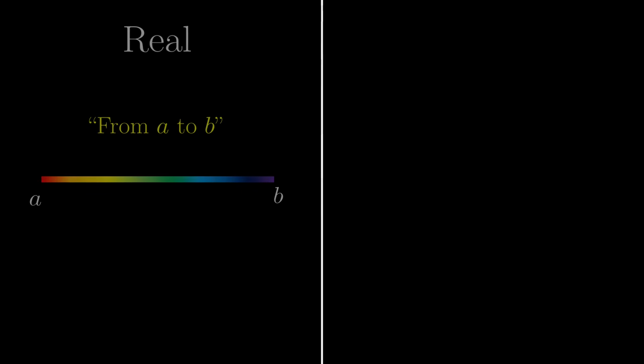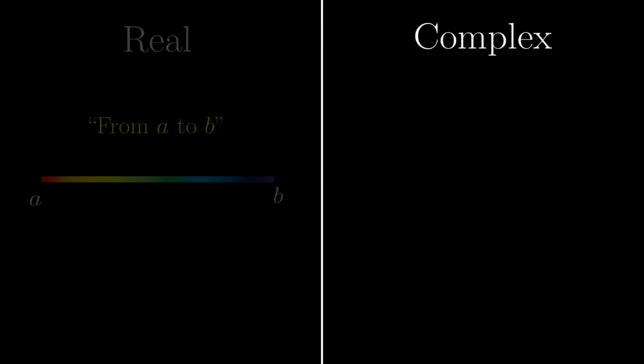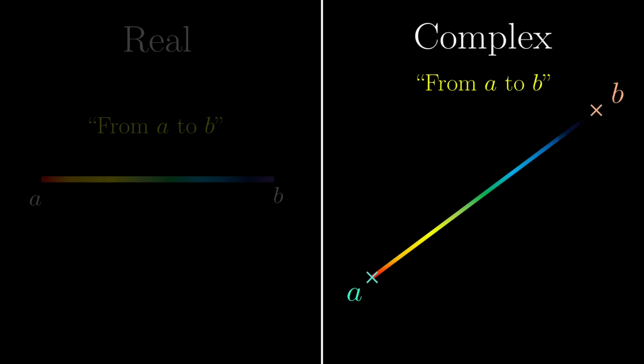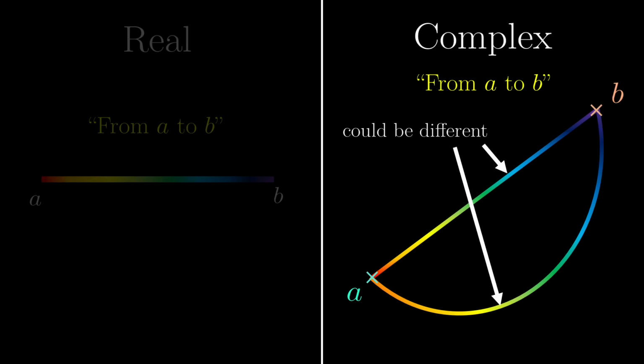However, in the complex world, saying from A to B is not specific enough because we are on a plane now. The straight line path is just one of the options, and you can also have a curved rod from A to B. And the thing is that integrating along different curves could be different,